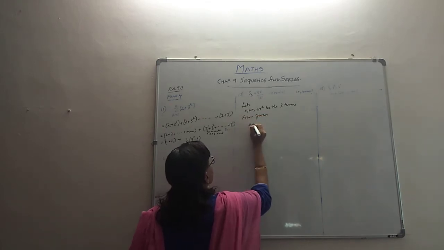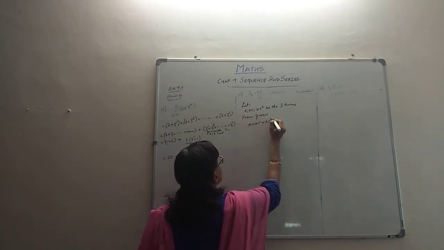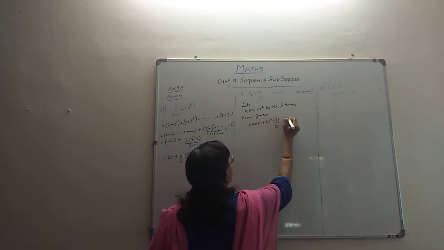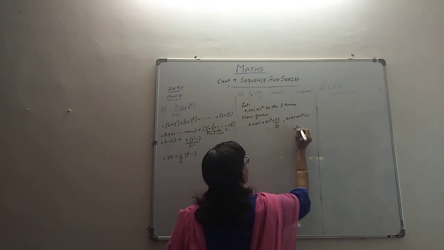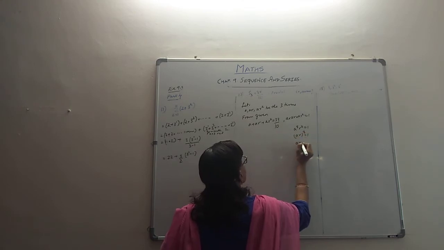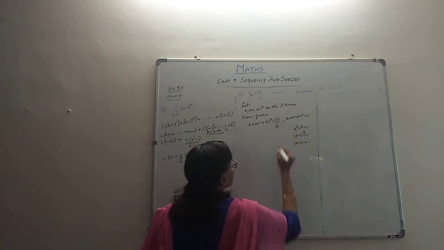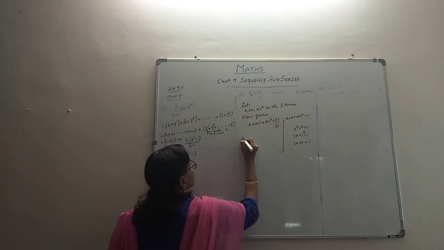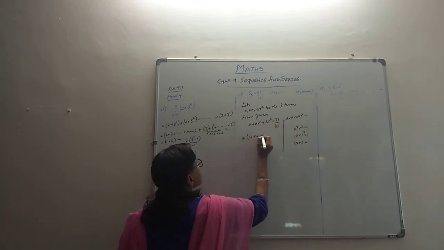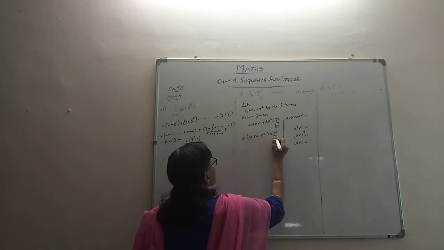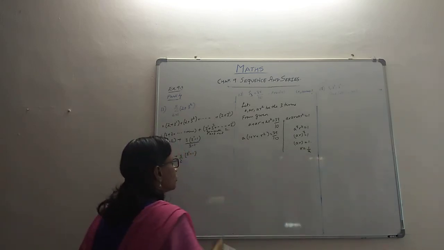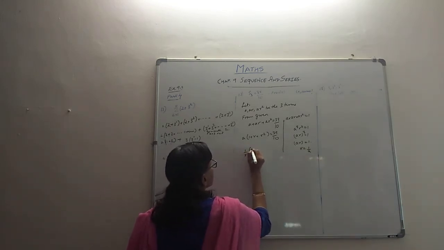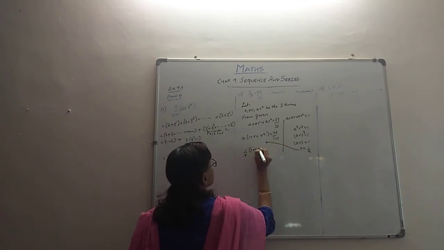They tell that the sum is 39 by 10. They also tell that the product is 1. I think that was easy, so I felt like doing it. And here if you could take A common, 1 plus R plus R squared is 39 by 10. Now with this logic, what you've got here, R can be 1 by A or A can be 1 by R. So if you want, you can have this A as 1 by R. So that we've shifted here.